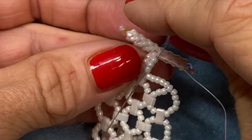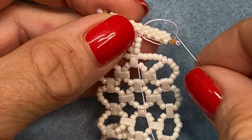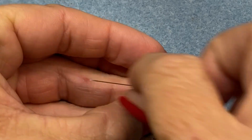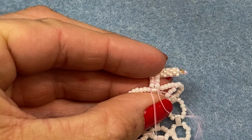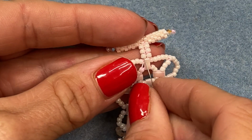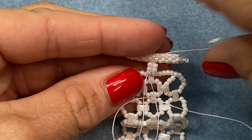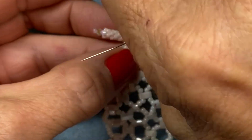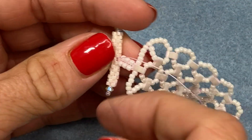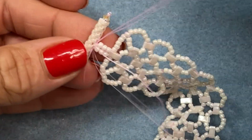This time I'm going to come down all 3 of my size 11 seed beads on the side. And through the Half Tila. Up the 3 11s on this side, and I should be able to get through that Delica on my toggle bar one more time. Once I've come through here again,